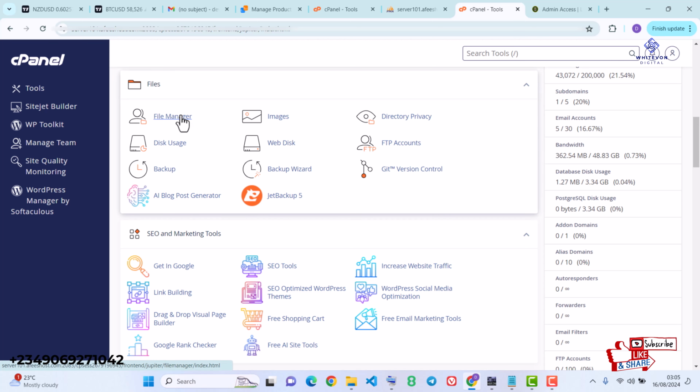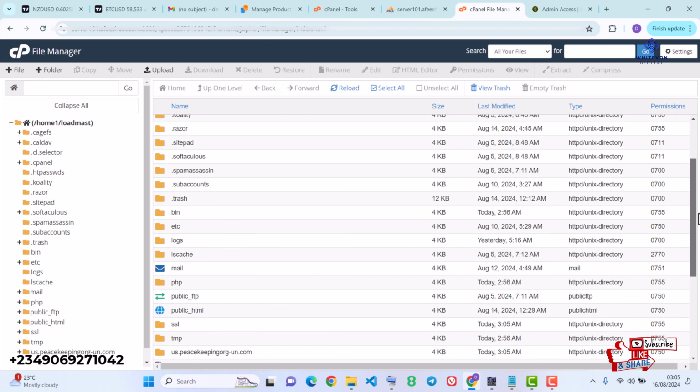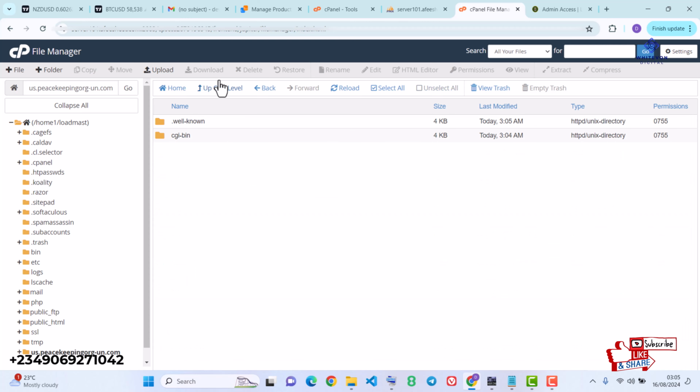going to locate file manager, and under file manager I'm going to scroll down. Then we should have our subdomain, which is us.peacekeeping-org-un.com. Whatsoever domain you're purchasing for your hosting, you can upload it on your primary domain. Then I'm going to open this, and right here I'm going to click on upload, and then I'm going to